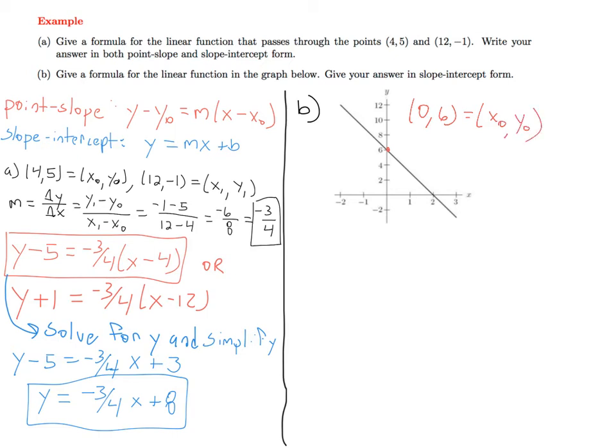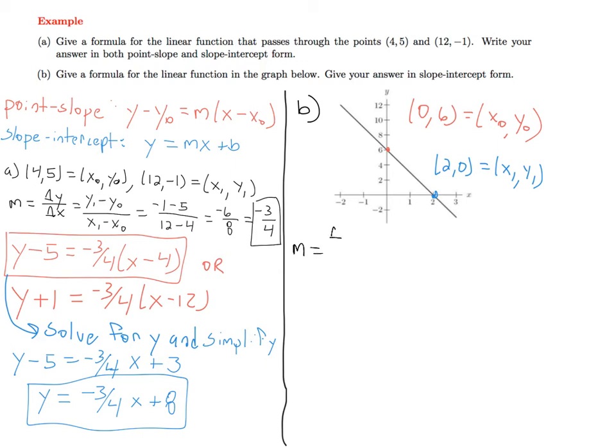And we have a second point on the graph that is pretty clear, which is (2, 0), the x-intercept, and we'll call that our (x1, y1). And so now it is just the same as part A in that I have 2 points and I want to find the equation for a line that passes through those 2 points. So we can find the slope,